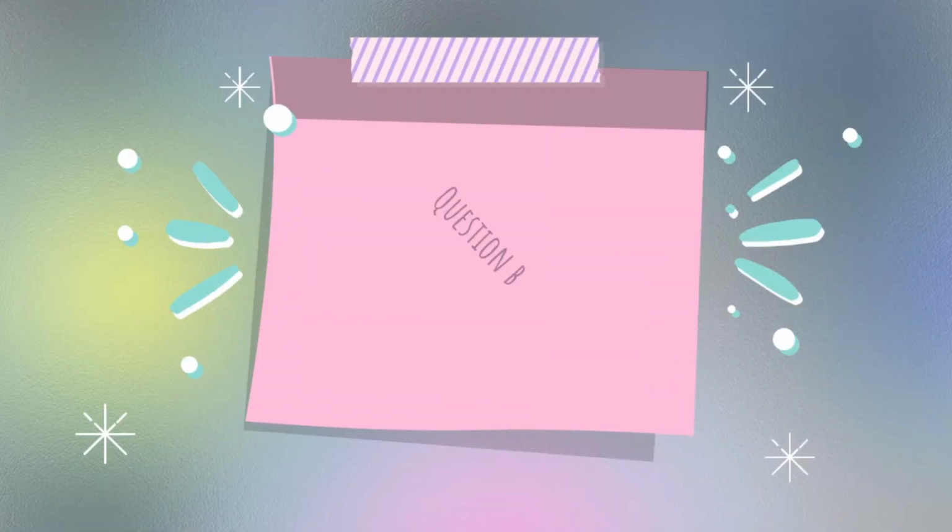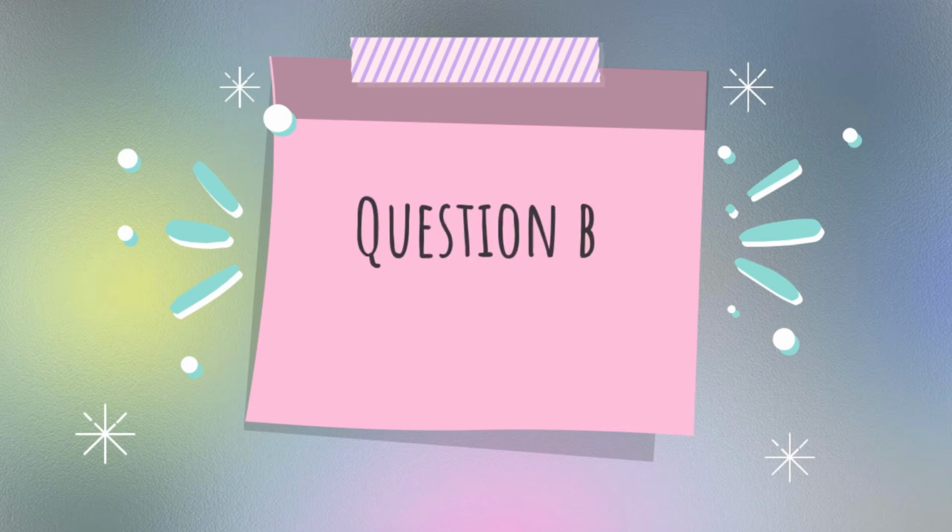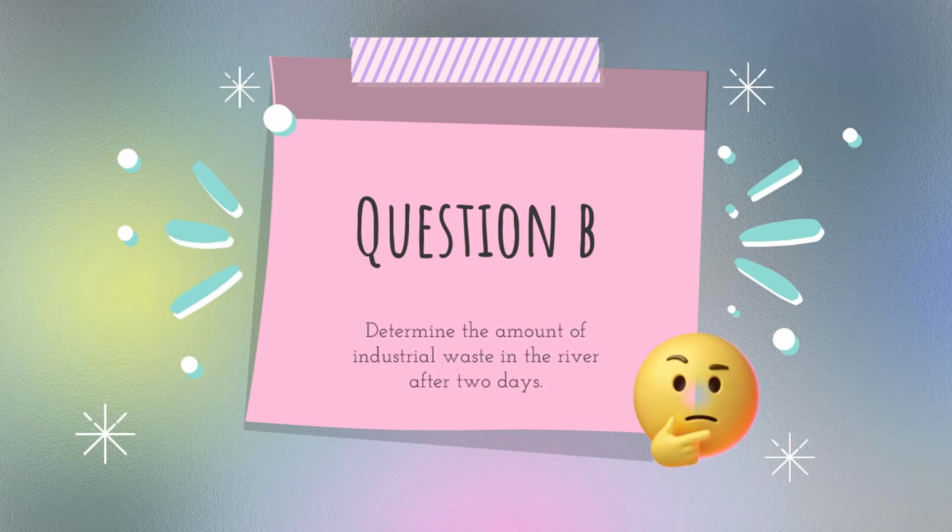Now, we will continue by answering question B. Question B asks us to determine the amount of industrial waste in the river after 2 days. How to calculate the amount of industrial waste after 2 days? Let's solve this question together. In order to answer this question, we will go step by step. So step 1 is